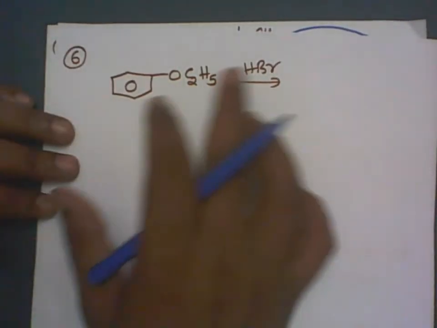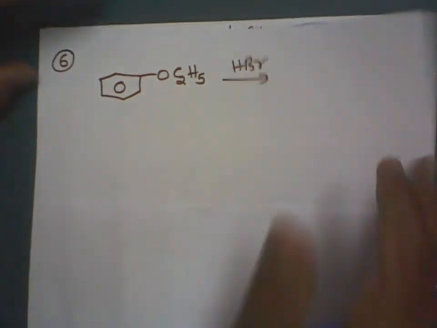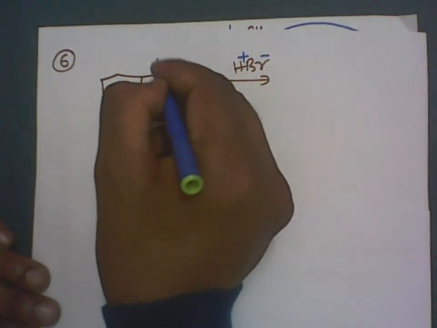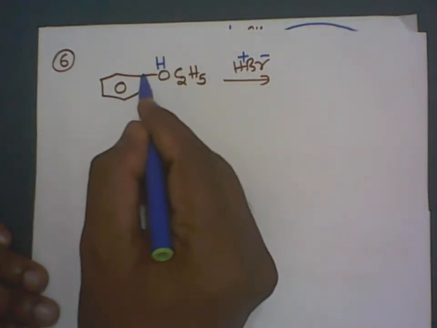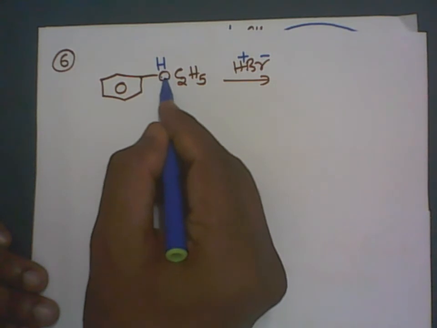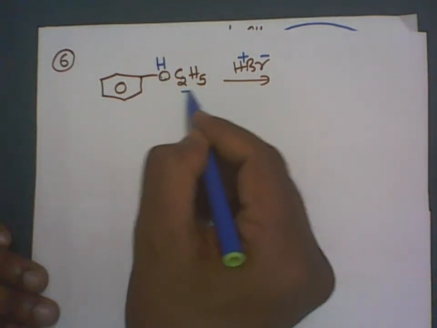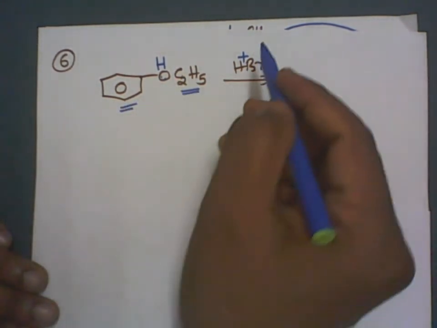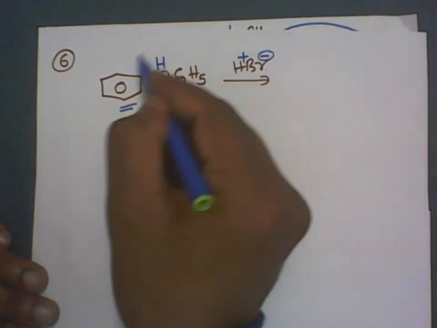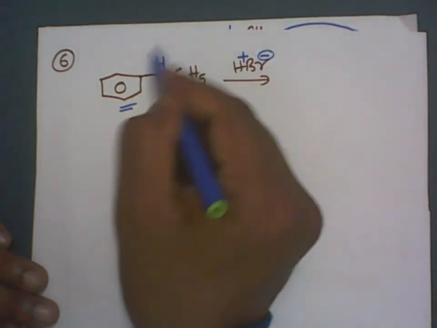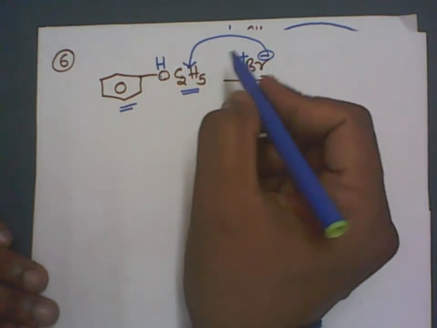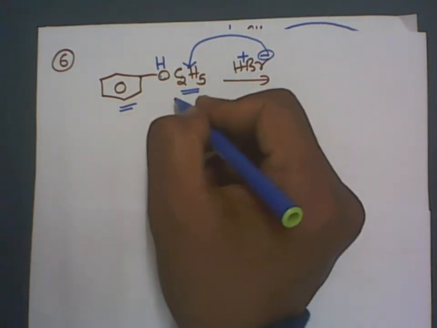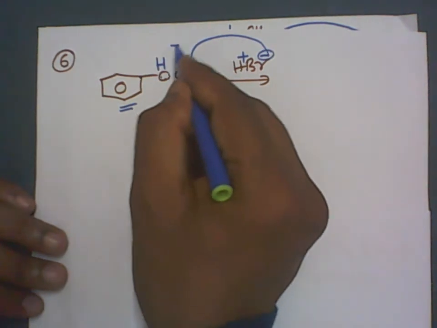Now they are given HBr. Remember, ethers with the hydrogen halides. H plus Br minus. Hydrogen attaches to the oxygen to form OH. Which bond do you have to break, the benzene-oxygen or the oxygen-carbon bond? This is alkyl, this is aryl. Remember, nucleophiles cannot attack the benzene or aryl group. They always attack which one? Alkyl carbon atoms. Okay. So break the bond here.